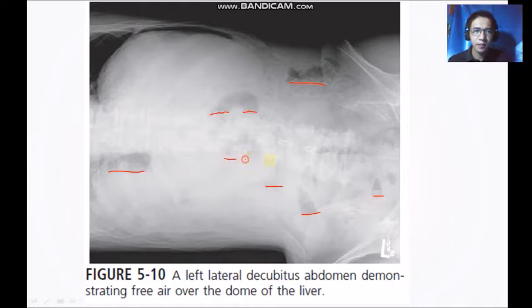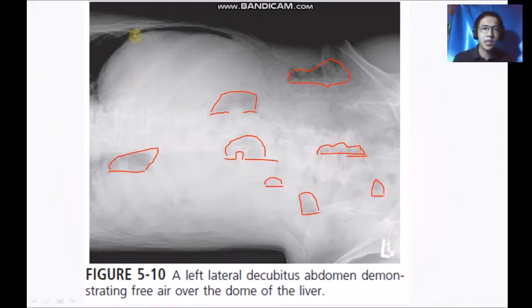Okay? So that means this is filled with air. This is filled with air. This is filled with air, while the bottom part is filled with fluid. Okay. So these are your intestinal tract filled with air, gassy materials. Okay, and then you also have here,